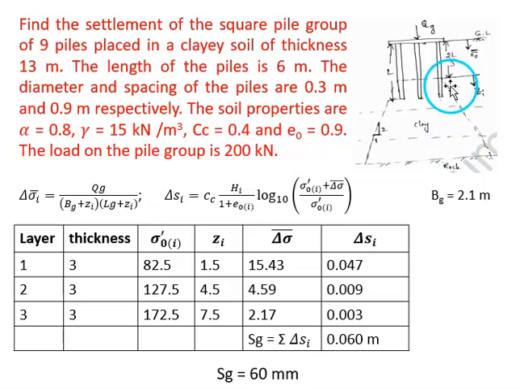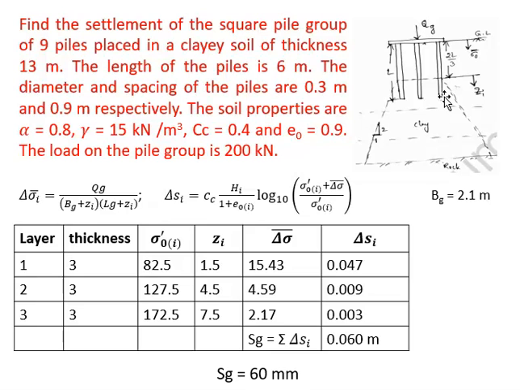Since 9 meter thickness is too high, we have to divide it into a number of layers. So here we can divide it into 3 layers of 3 meter thickness. So when we divide it into 3 layers of thicknesses 3 meter each, then we have to find the sigma naught dash and delta sigma dash corresponding to the center of each layer. So at the center of first layer,